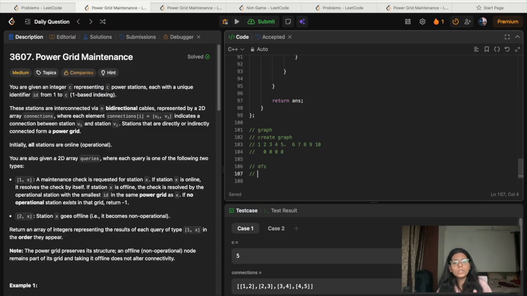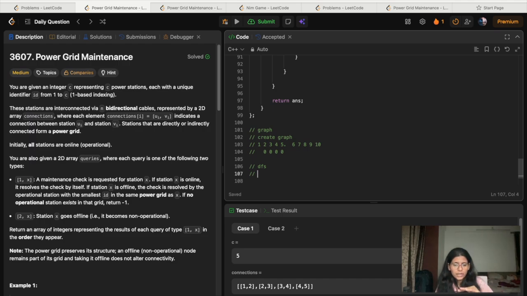So for that, what I thought is let's take a vector of sets, and while I'm doing a DFS traversal, I'll store that node in the set. And I'll map that index of the set to the node.